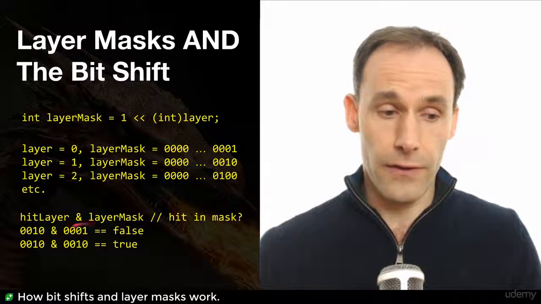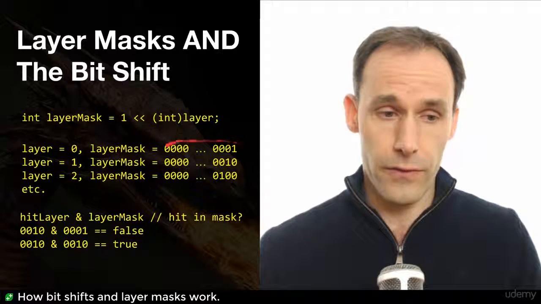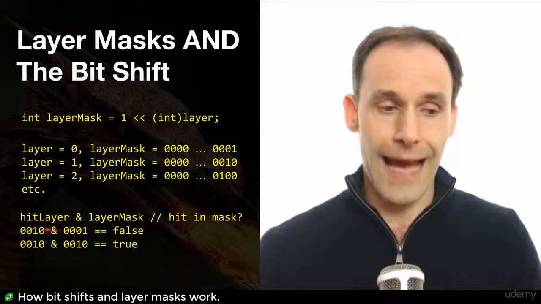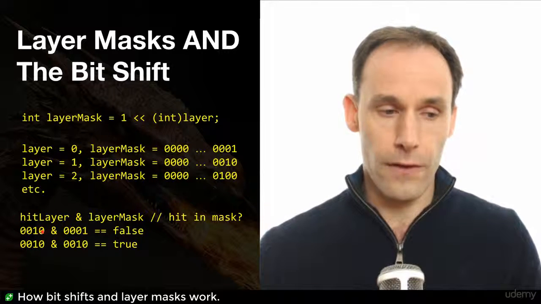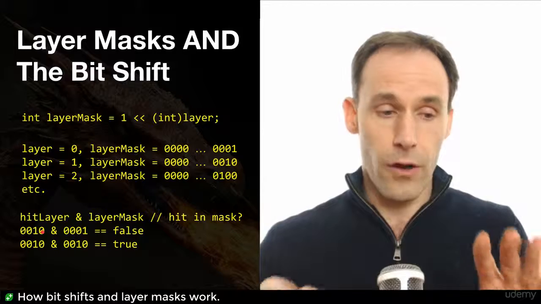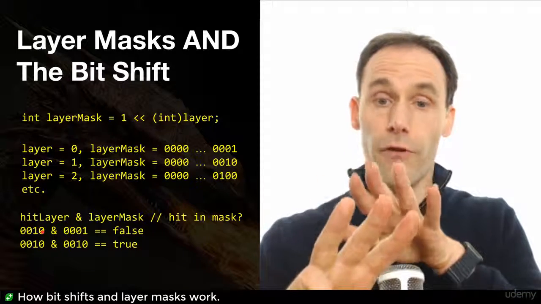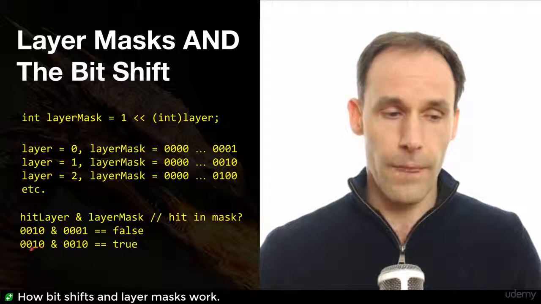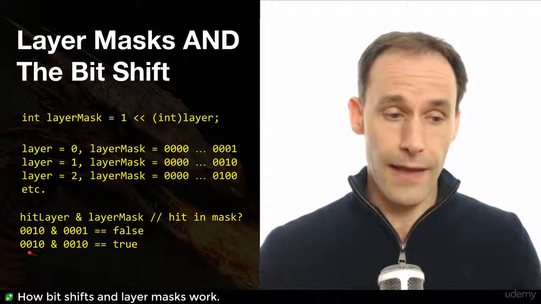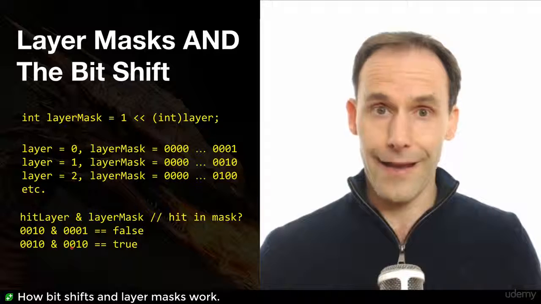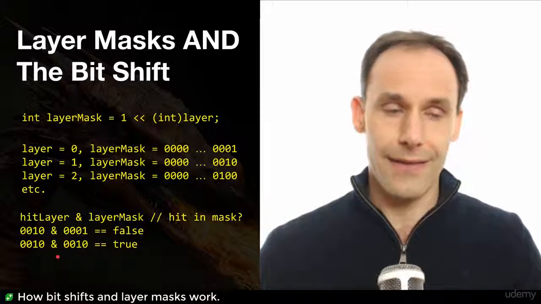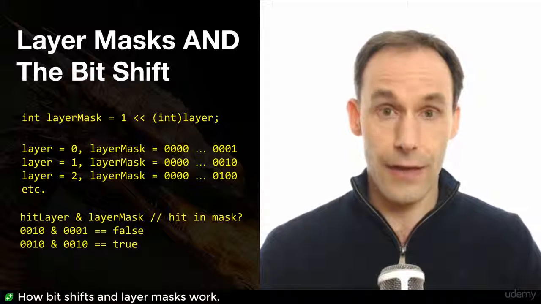And if our layer mask says 0, like this is the layer mask for 0, remember, from the top line above, then we get a false, because if you take an AND of each of these bits together, you don't get any hit. There's no case where the two bits line up. We have 0, 0, 1, 0 trying to sit over the top of 0, 0, 0, 1, and in no case are they both 1 if you put those two on top of each other. But on the next line, if we have a layer 1 hit layer with a layer 1 layer mask, then the ones sit on top of each other. You get a true back, and this means, yep, we have a hit